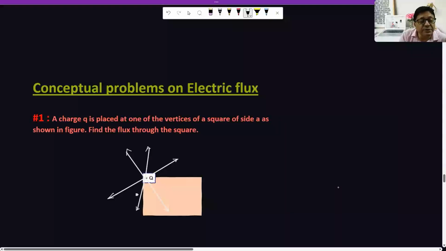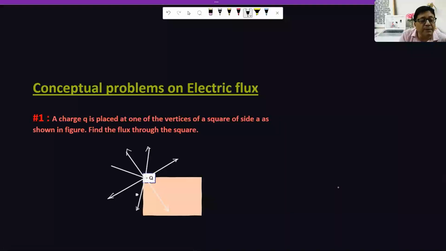The greater the magnitude of charge, the greater the number of lines of force coming out of it. But see, in this construction, if you consider all the flux lines passing through this surface, then those lines are parallel